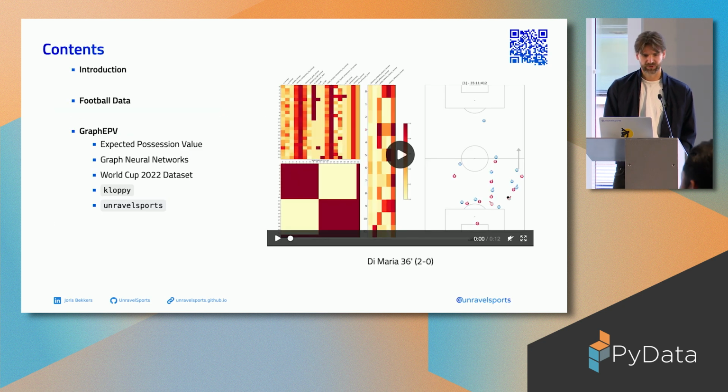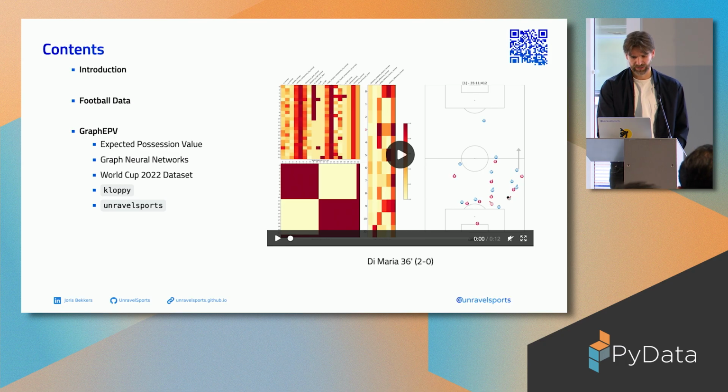And I'll do a brief introduction first about myself, then I'll quickly touch on some football data because I appreciate that not everyone knows what kind of data we're going to be using. And then we're going to build,